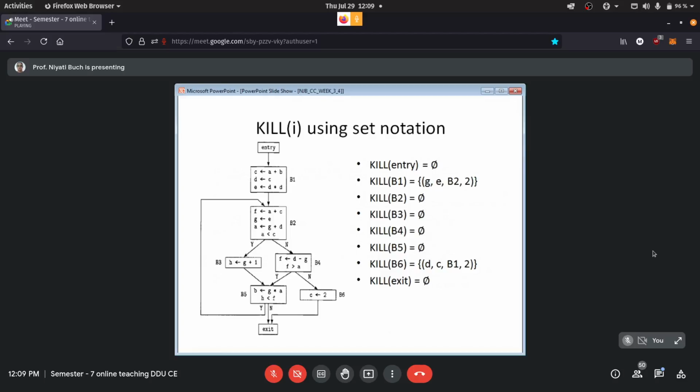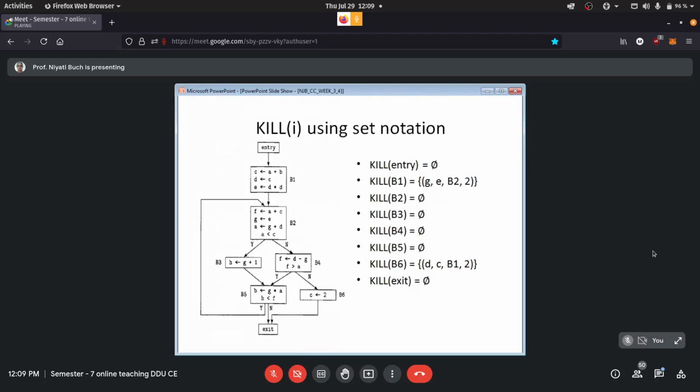Now for all other blocks, if you carefully look at the instructions, there are no elements that can go into the kill set. We have to just focus on E or C being assigned. E or C is not getting assigned in B2, B3, B4, and even in B5.